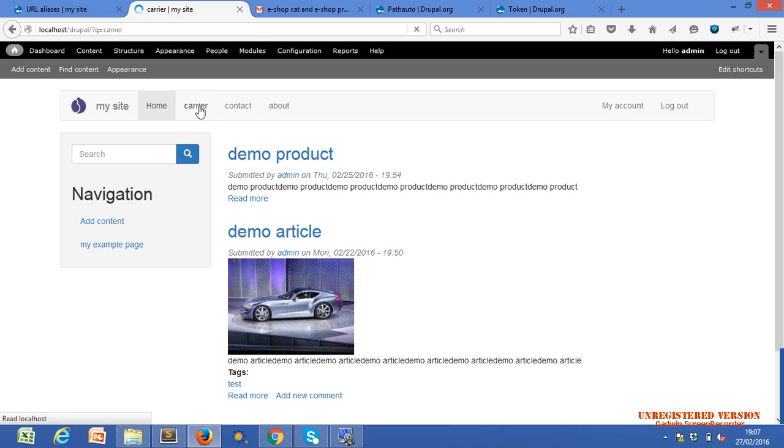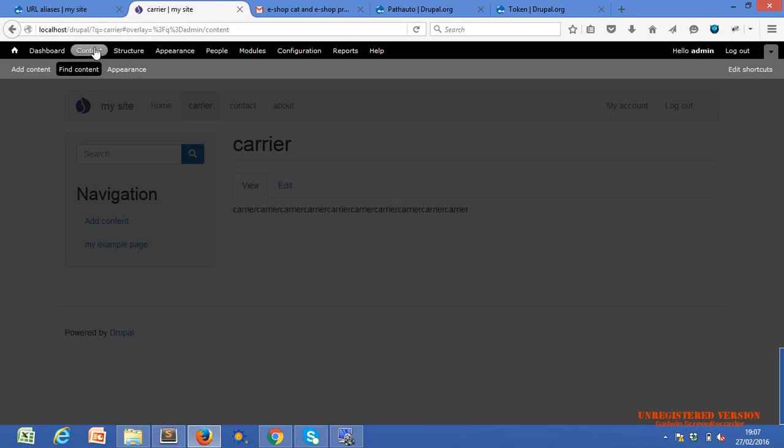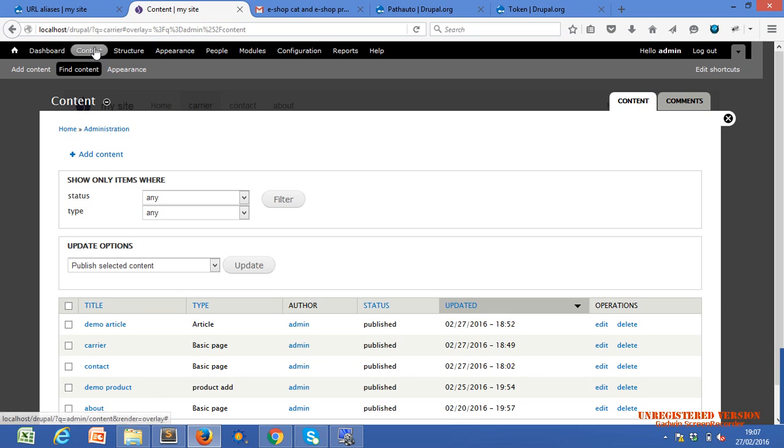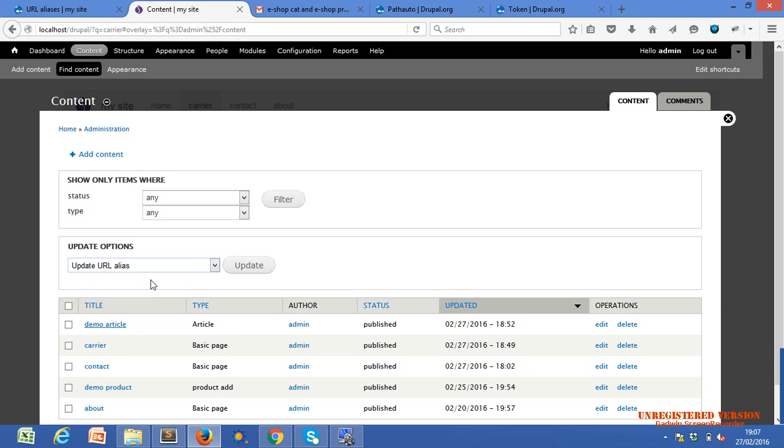Only within two URLs we have aliases, but it is not changed. We have to change one more location. Just go to contents and public selected. Okay, URL, update URL alias, and just select all and update.